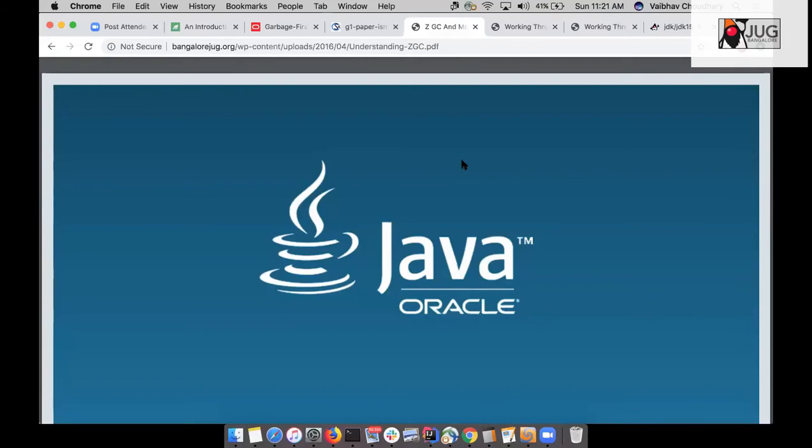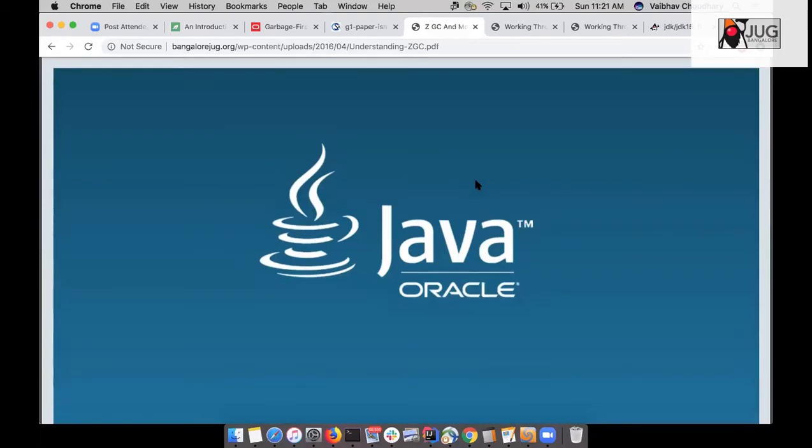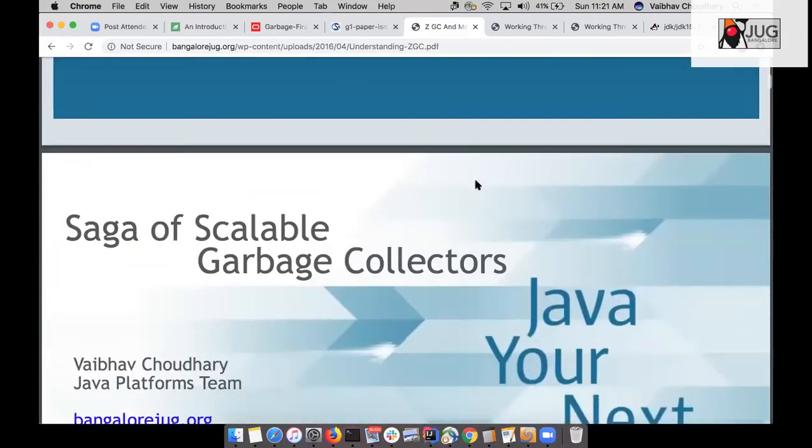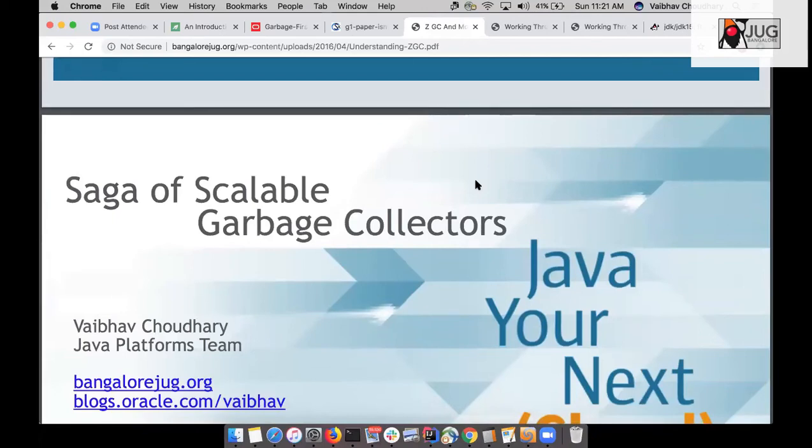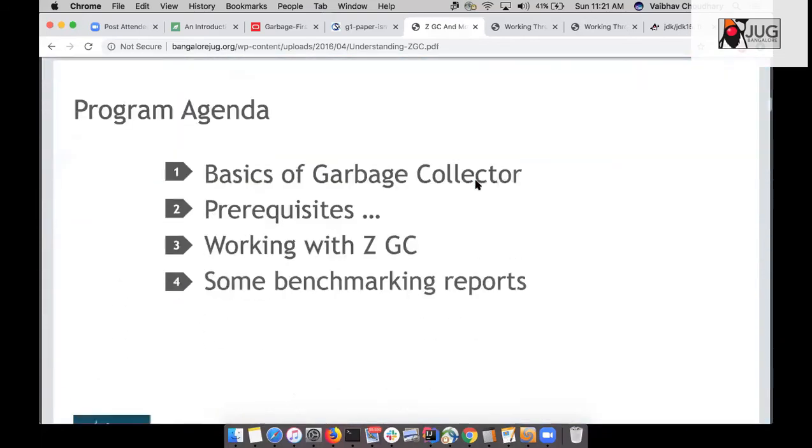So should I apply ZGC or Shenandoah kind of garbage collector to my application? It depends upon your heap size. If you are really ready to provide a bigger heap to your application, you are good to go. No one is stopping you. Definitely you are not going to see any pause. It's kind of a pauseless state we are reaching, where the pause is very, very less. Okay, now let's get into the detail of ZGC. These are all about one hour of presentation, but let's try to make it simple.